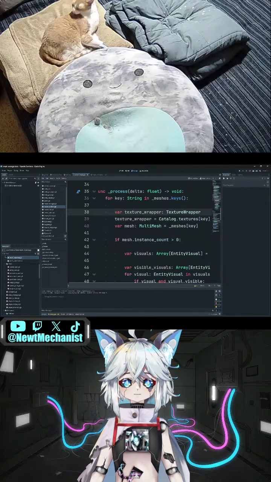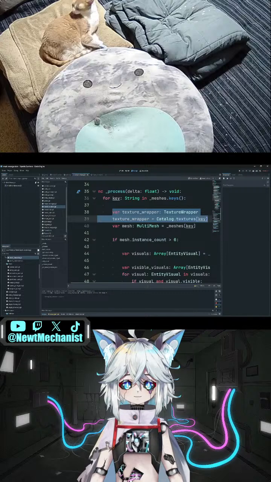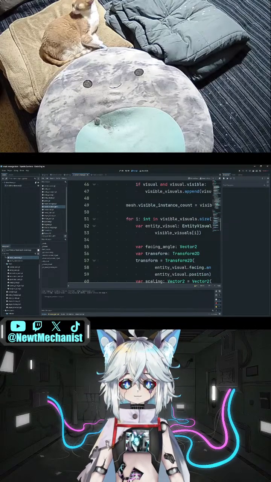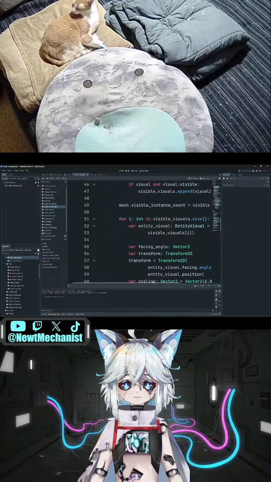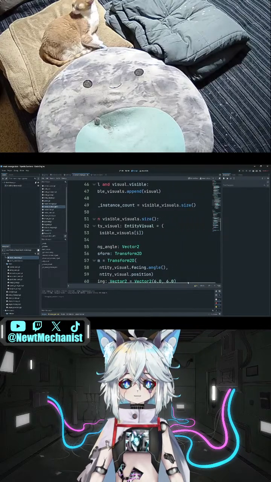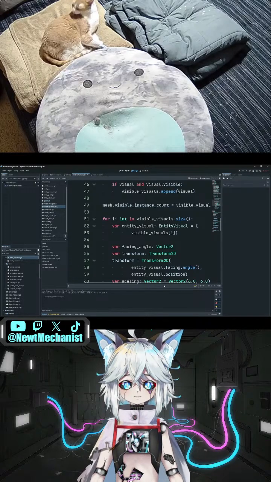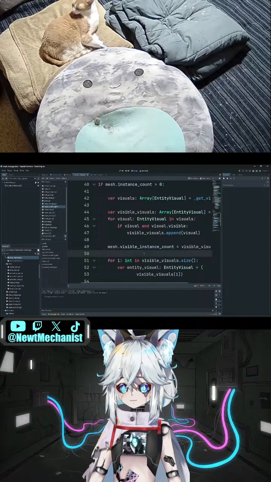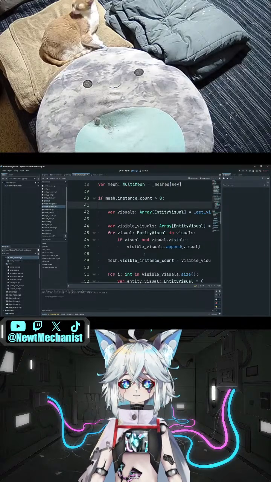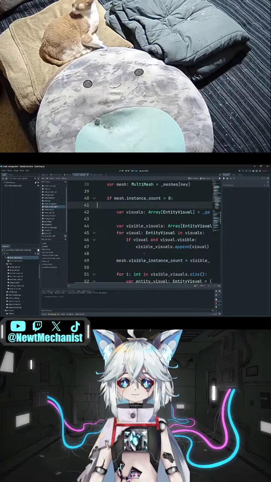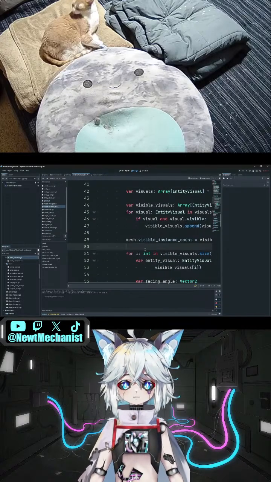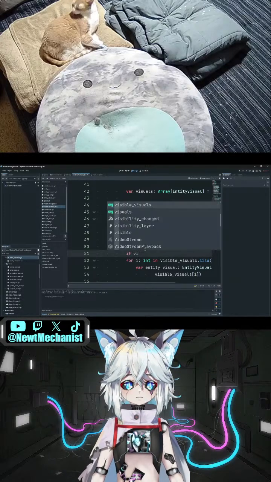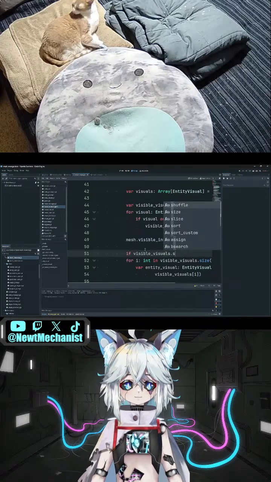We don't need it if our instance count is not greater than 0. And we don't need it if the visible instance count. Visible visuals dot size